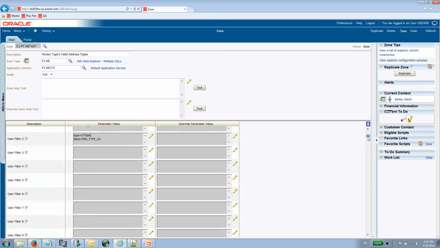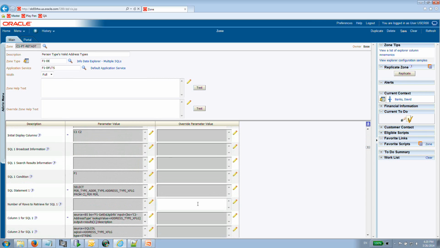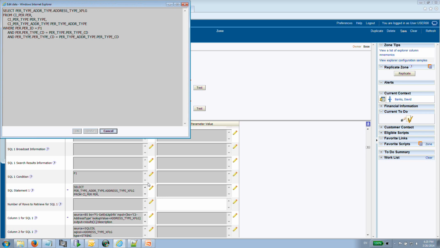Without looking at all the details over here, what's important is the fact that we have this query which searches on the person and takes the person type address and picks up the address type, and it has a where clause on the person type. Okay, so we're doing a join between the person type and the person type address type tables, and we're picking up the address type